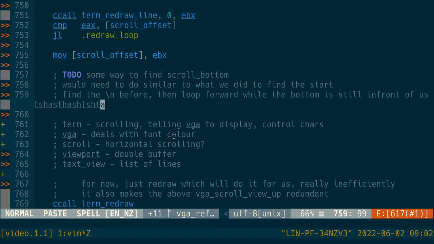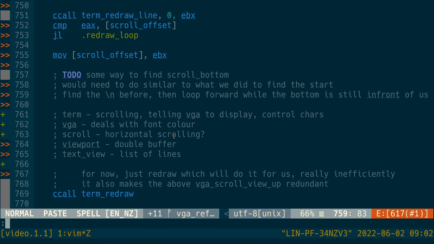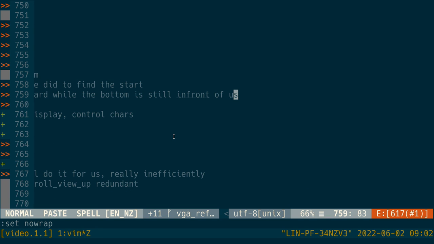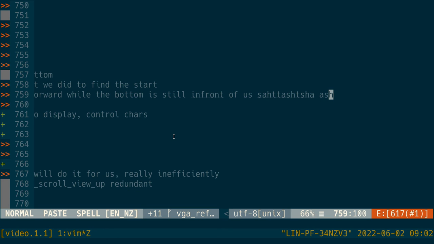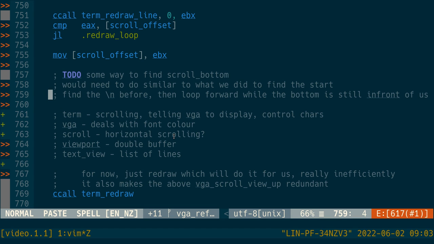We just have line wrap, though we can set no wrap. Yeah, no wrap. I don't think I've ever been in this mode. Here we have a horizontal scroll that we scroll past, and I think the best way to store the information is basically a list of lines,